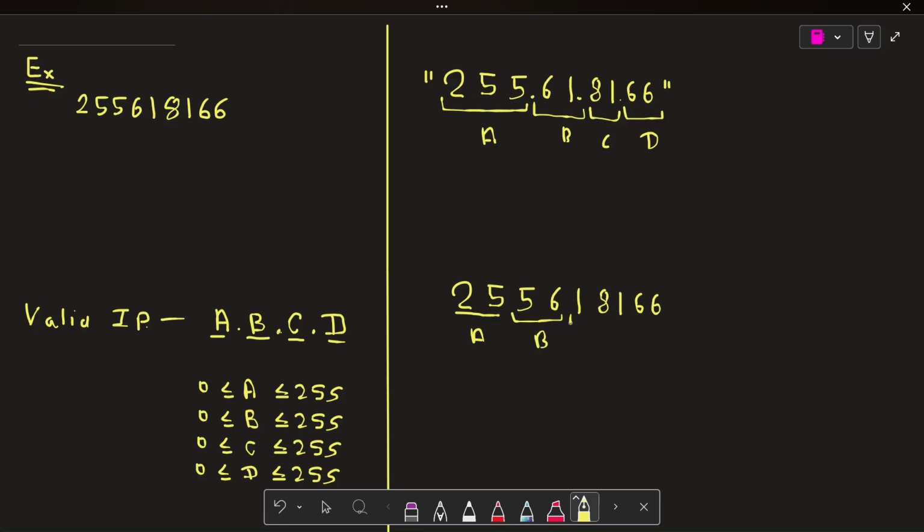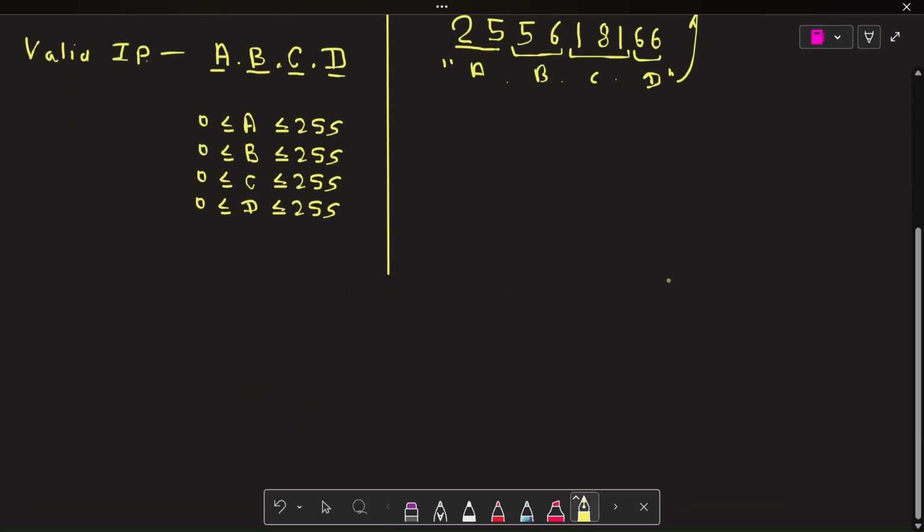Then we can choose 181, which is also in the range of 0 to 255, so we can choose it as C. And the remaining one is 66, which is also in the range for D. So we can put A dot B dot C dot D, and push it into our answer array. In the same way, we have to generate all the possible valid IP addresses, push them in our answer array, and return it.